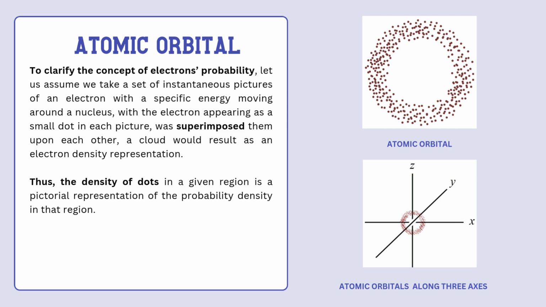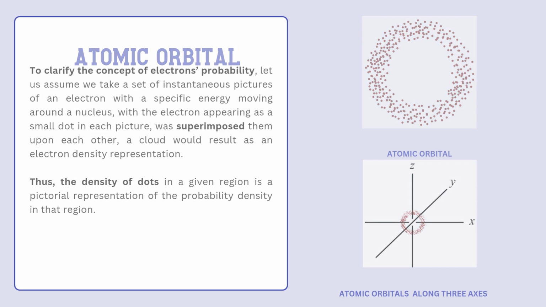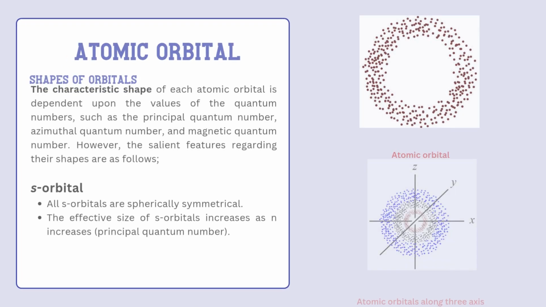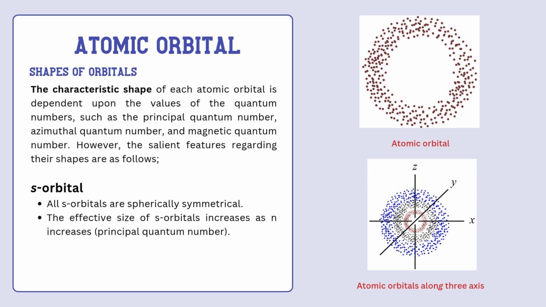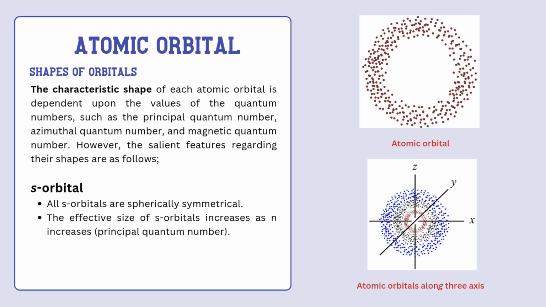in each picture, and superimpose them upon each other. A cloud would result as an electron density representation. Thus, the density of dots in a given region is a pictorial representation of the probability density in that region. The characteristic shape of each atomic orbital is dependent upon the values of the quantum numbers, such as the principal quantum number, azimuthal quantum number, and magnetic quantum number. However, the salient features regarding their shapes are as follows: